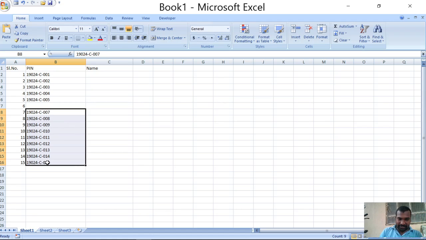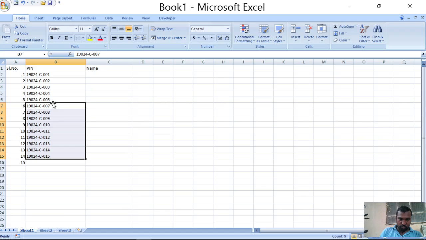Select all these cells and move onto any one of the outside borders. If you move onto the outside border, the cursor will change to a four-arrow shape. Then press the mouse left button and move, and the information will be moved. This is what the drag and drop command is.